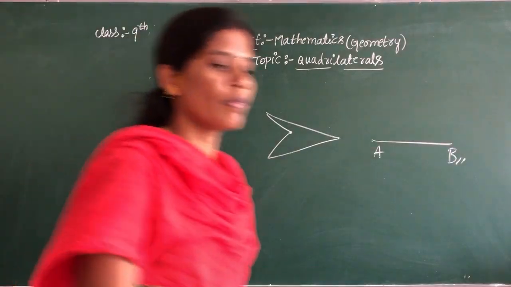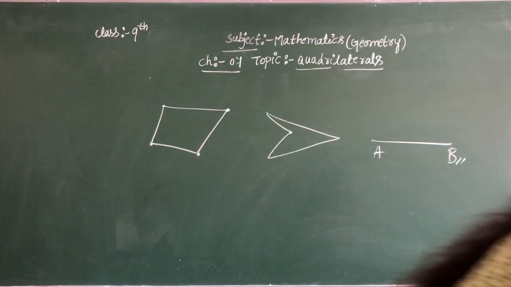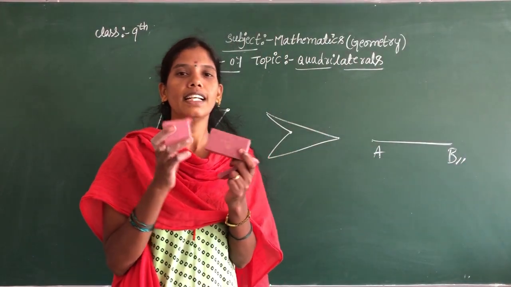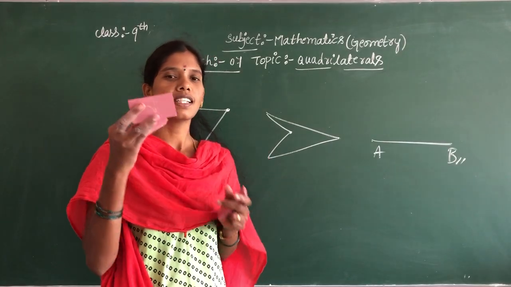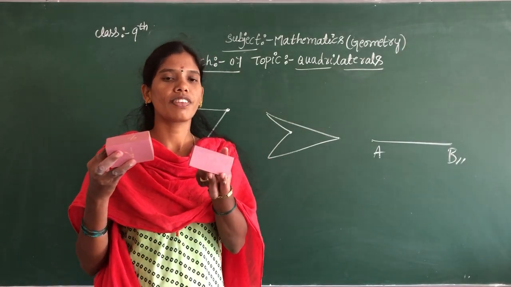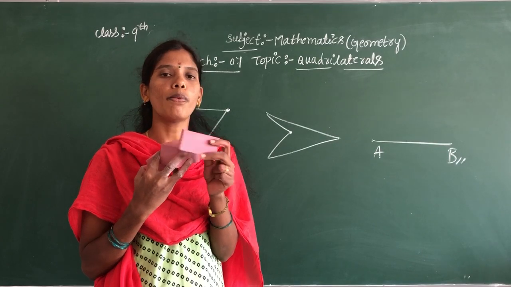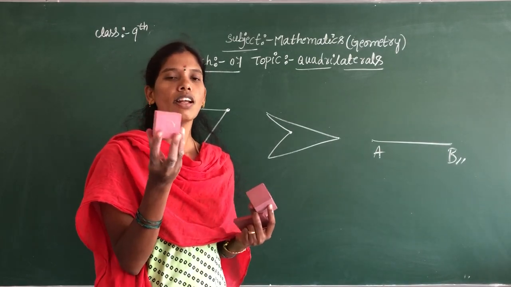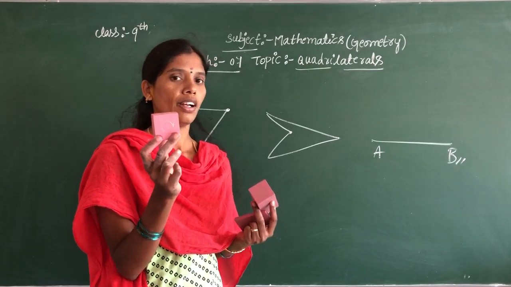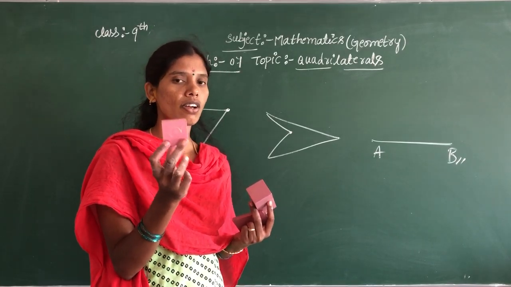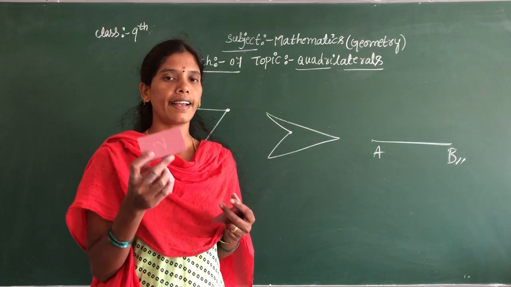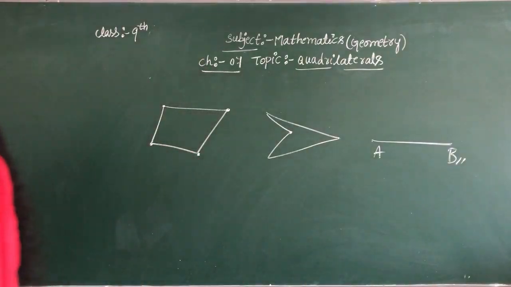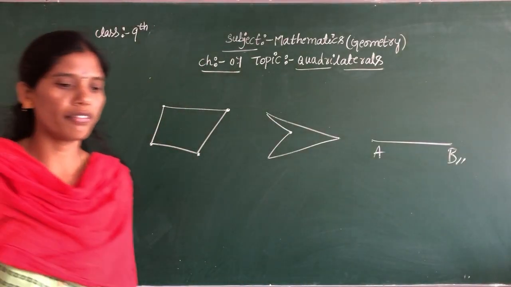Let us see some quadrilateral figures, children. This is one of the quadrilaterals. This is a square, this is a rectangle. This is one of the rectangles because opposite sides are equal. But here all sides are equal, this is one of the squares. Square, all the sides are equal. This is a rectangle, only opposite sides are equal. Already mentioned, all of you.